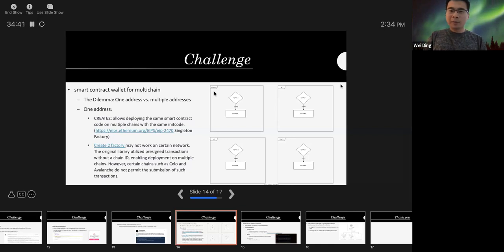For example, when we tried to call estimate gas on Arbitrum, it returns the L2 gas together with the L1 gas cost. But on the other hand, Optimism only requires the gas cost purely on layer 2.